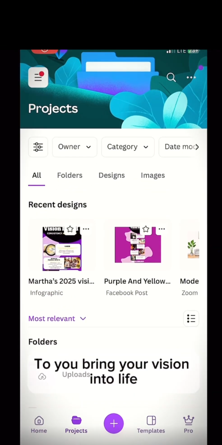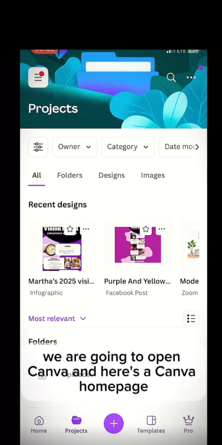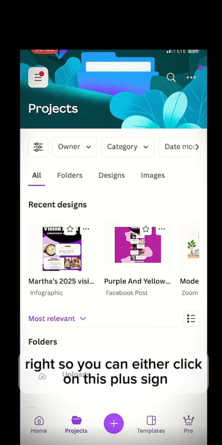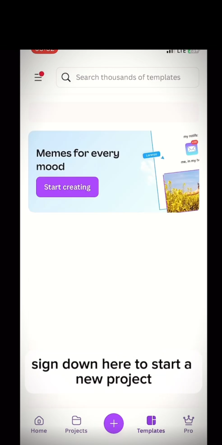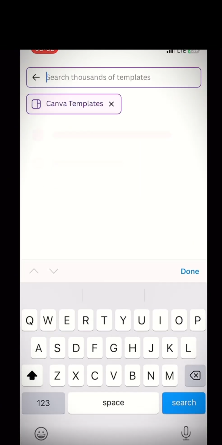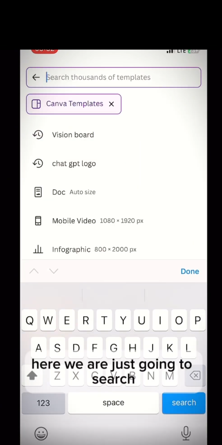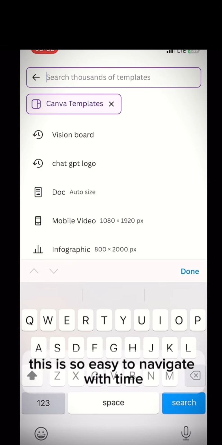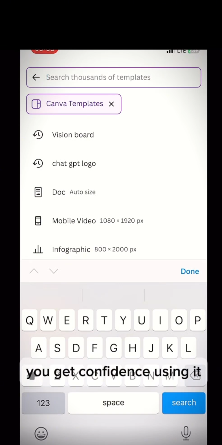We are going to open Canva, and here's our Canva homepage, right? So you can either click on this plus sign down here to start a new project, or you go ahead to templates. Here we are just going to search. Don't worry, even if you're using Canva for the first time, this is so easy to navigate. With time, you get conversant with using it. You will just search here: vision board,